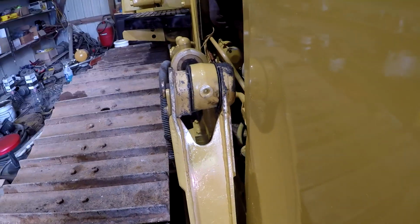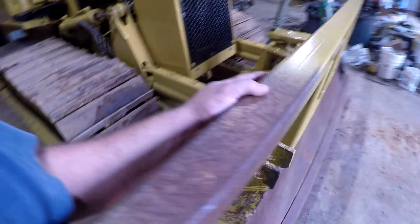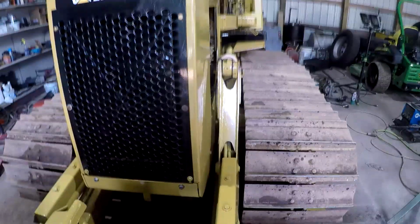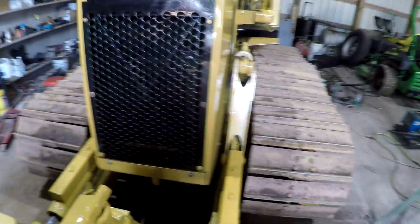That is all up against it, as you see. So I don't know how they managed to do that. They did a lot of things on this thing. But you see that one, how it's supposed to be there. So anyways, I'll see if I can straighten that up,